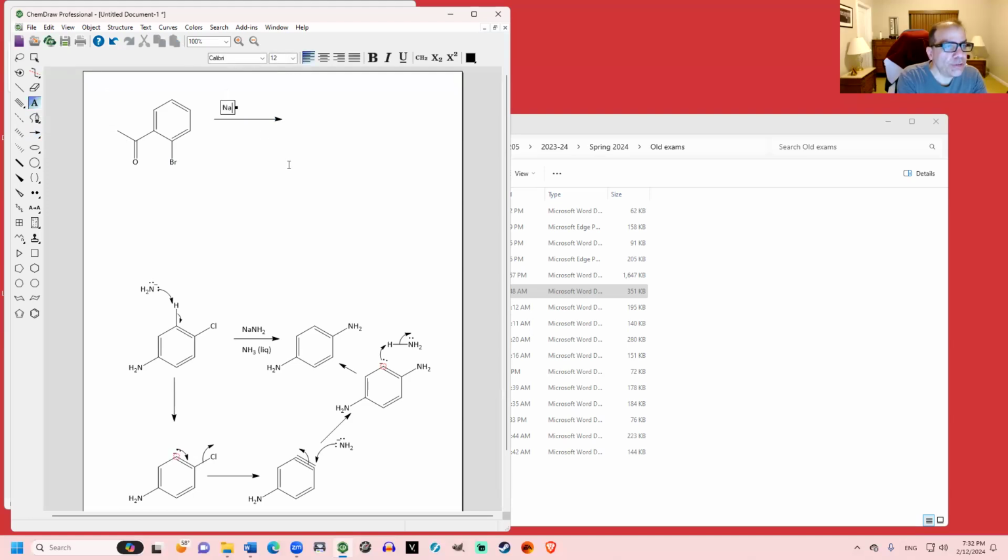And if you treated this with sodium hydrosulfide and ethanol, that would replace the bromine with SH. And the mechanism would go by